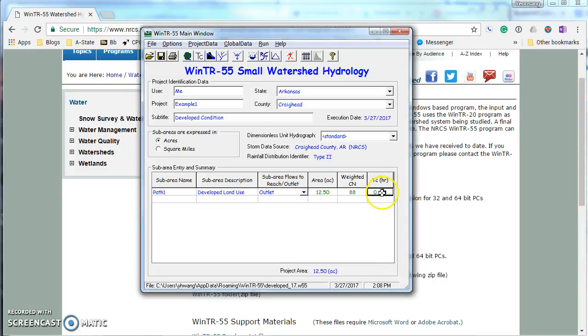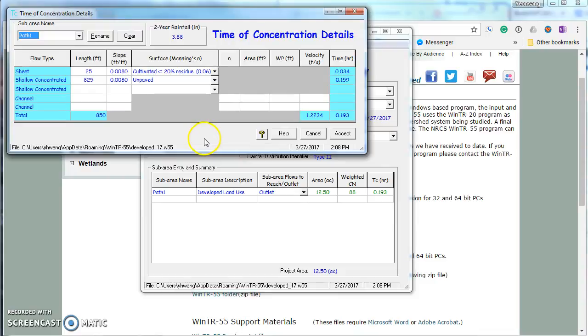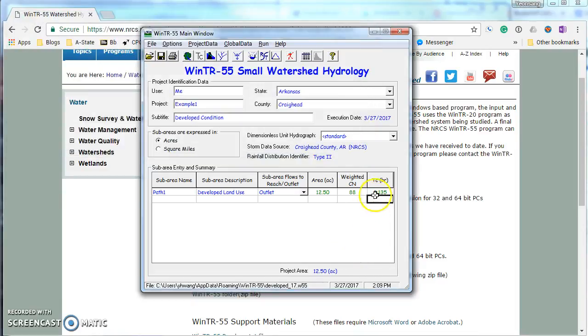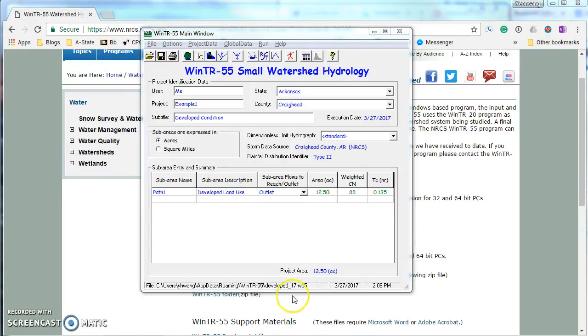So let's click the time of concentration. The length of the two paths are the same, and the slope remains the same, but now the surface needs to be updated. Now let's change the existing surface condition to the smooth surface and also paved, and then it will update your time of concentration on the right hand side, such as this. Let's accept it. Now this is going to be your new number, and now we need to run the model